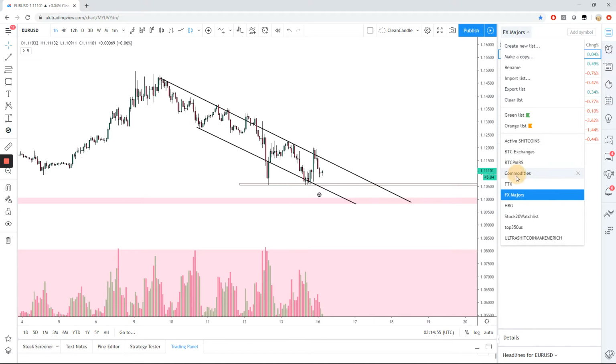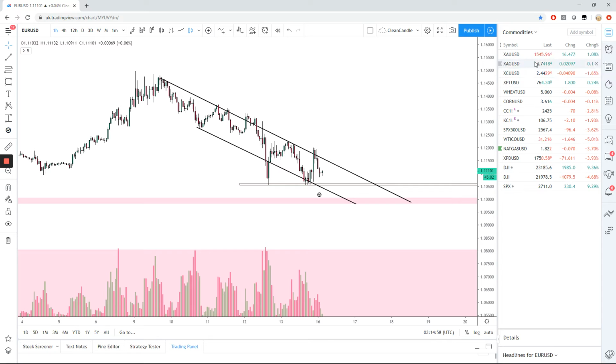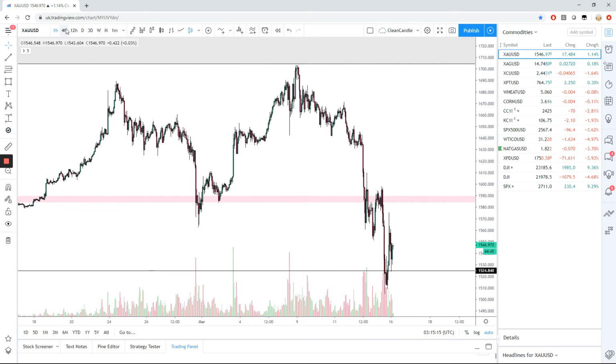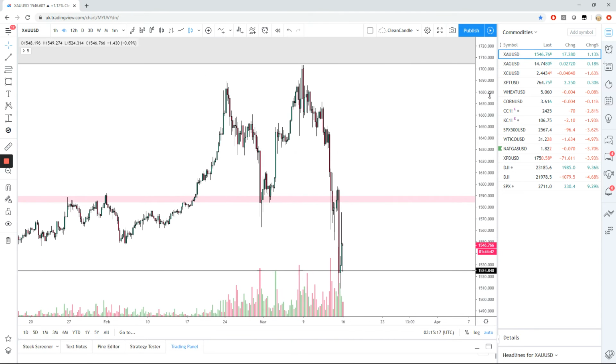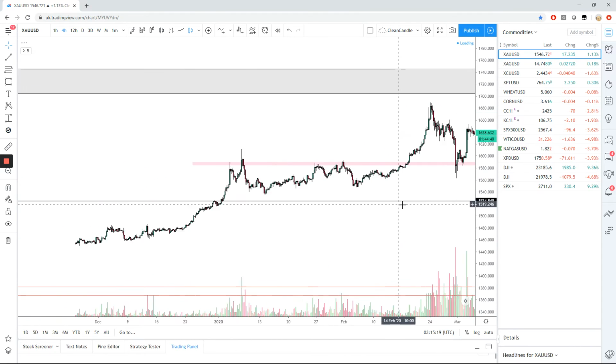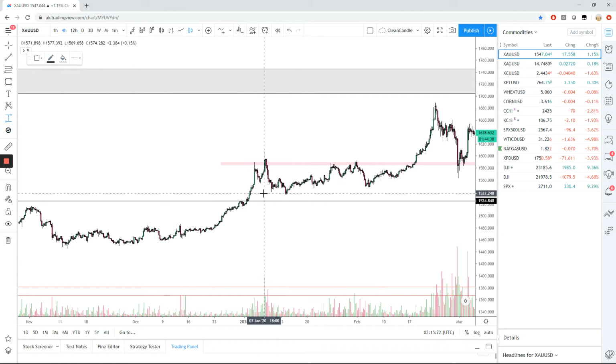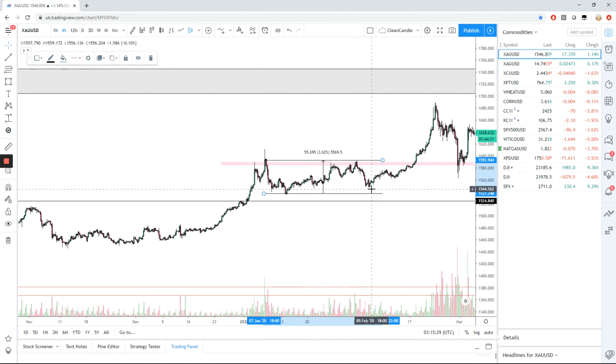Okay, next up, let's talk commodities. Commodities, your golds, your silvers, your wheats, your corns, your oils, natural gases, they're all your commodities. These tend to be slightly more volatile. So all of these tend to have slightly more volatility to them. So if we take a look at gold, for example, obviously, again, ignoring the last 2 weeks, let's take the range down here. Right, so again, we've got a sort of 3.6% range that formed here, and